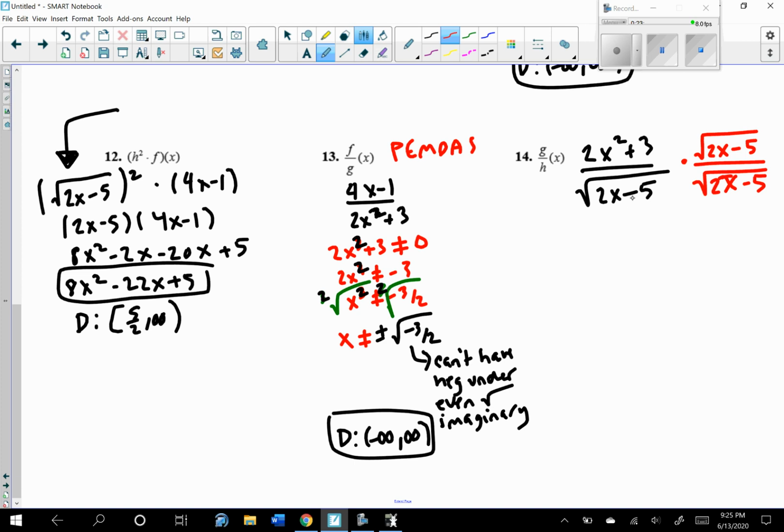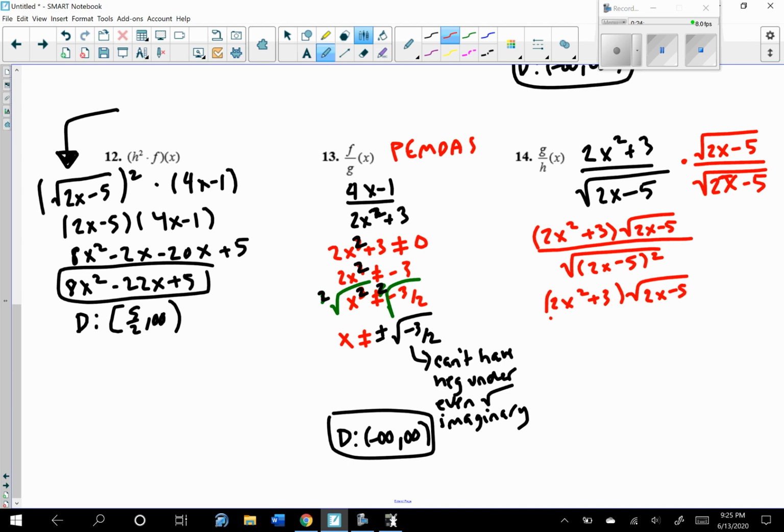Because if I multiply that out in my numerator, I get 2x squared plus 3 times the square root of 2x minus 5. I can't multiply this underneath because there's not a radical to multiply. And then down here, because these are both underneath the radical, I can multiply those underneath. So I'm doing 2x minus 5, and I have 2 of them, so it's squared. So that cancels out the radical, which we did on purpose. So we have 2x squared plus 3 times root 2x minus 5 divided by 2x minus 5. And so that would be my simplified